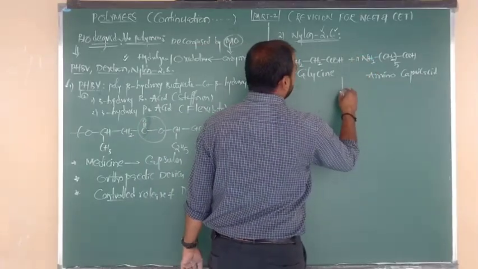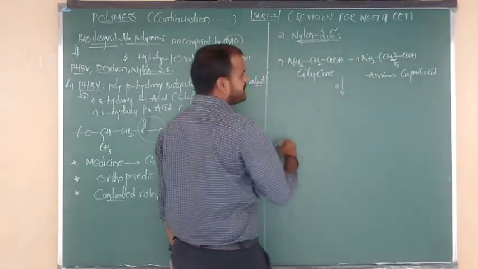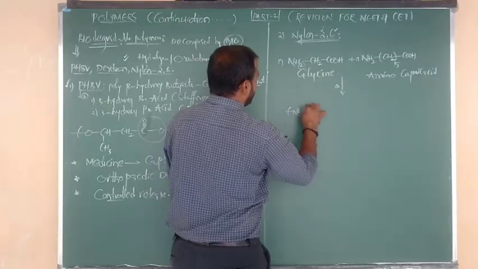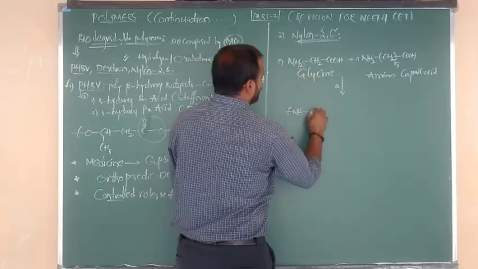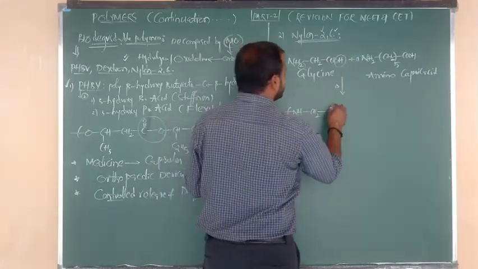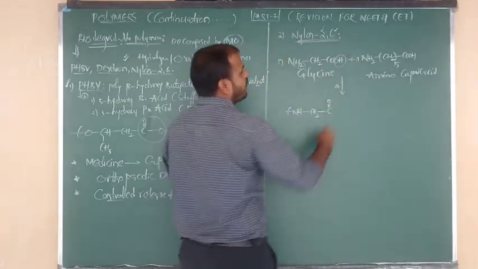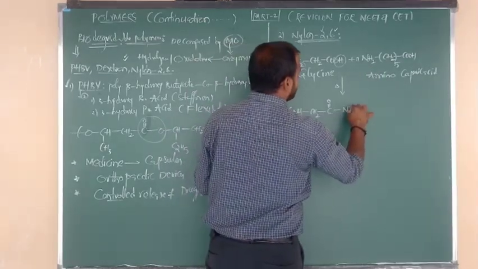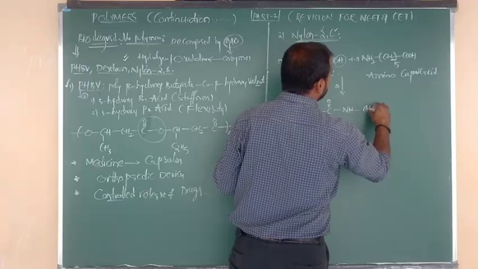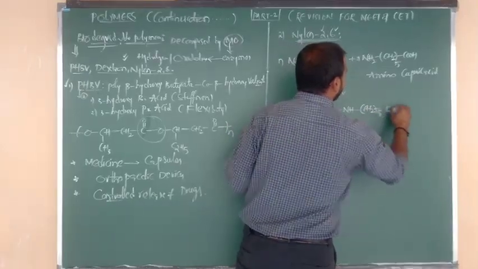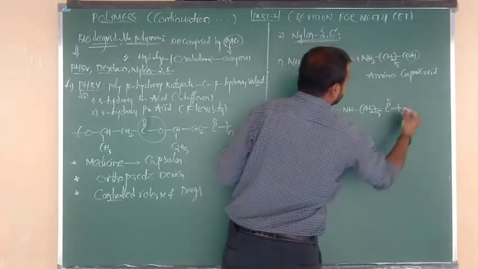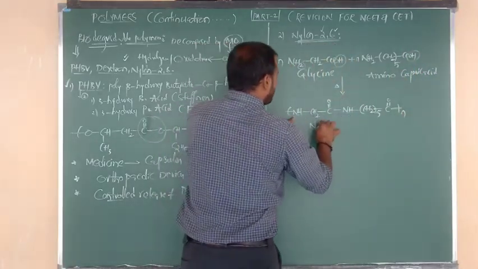Here also we can take n moles. So upon polymerization, from here I am going to remove H. So the remaining is the NH bond. NH is connected to CH2. Again from here we are going to remove the OH. The remaining is CO, double bond O. Again from here we can remove H. Simply we can write NH. Again from here we can write CH2 taken 5. Again it is connected to C double bond O. From here we can remove OH. It is taken n. So this is the structure.